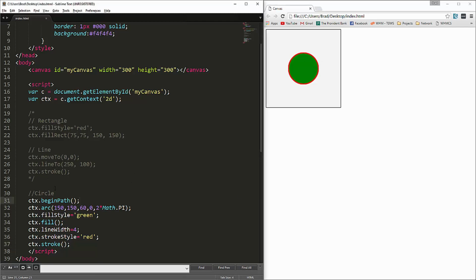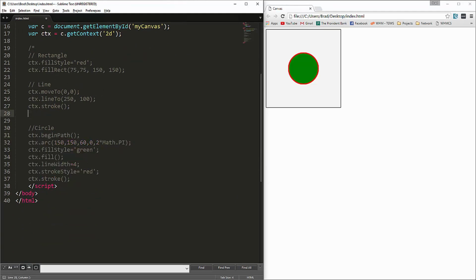All right, now we're not limited to just lines and shapes. We can also do text. So let's go ahead and say ctx.font. We can actually set the font. Okay, we're going to set that equal to, we'll say, 50 pixels Arial. And let's set the stroke style, which would basically be the color of the font. So strokeStyle equals red,